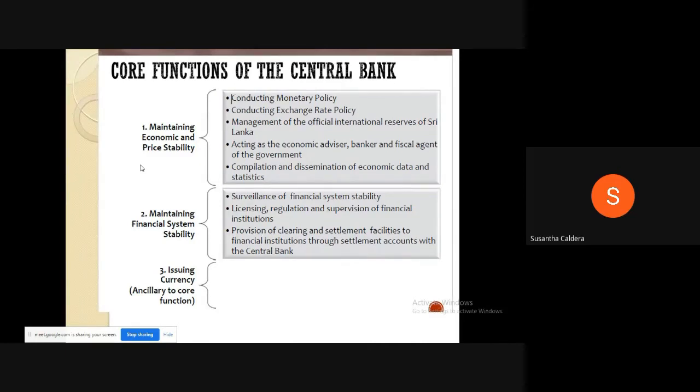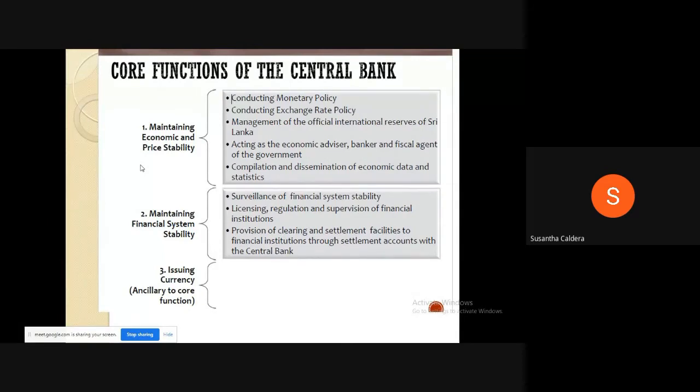Right. Under maintaining economic and price stability, under that we can discuss conducting monetary policy and conducting exchange rate policy, right? When it comes to exchange rate policy, again,